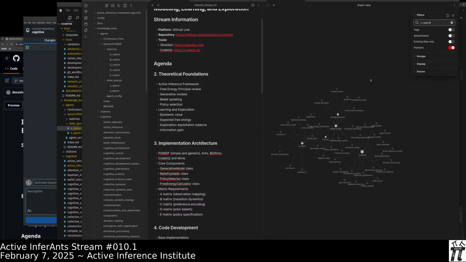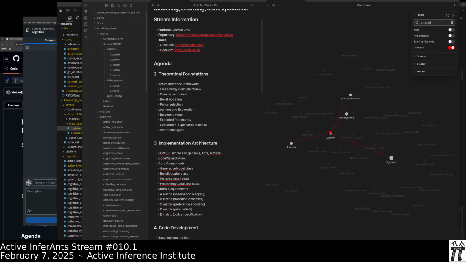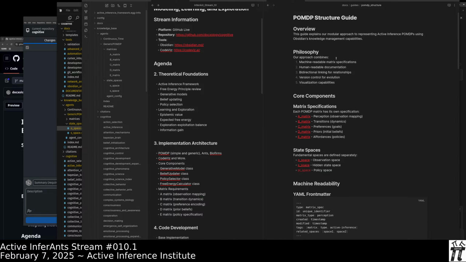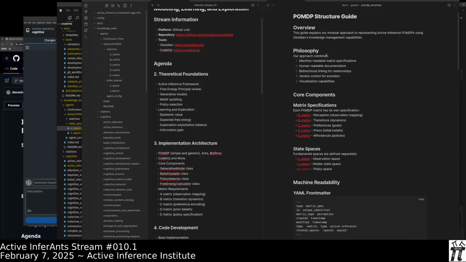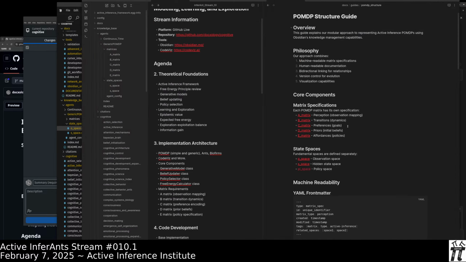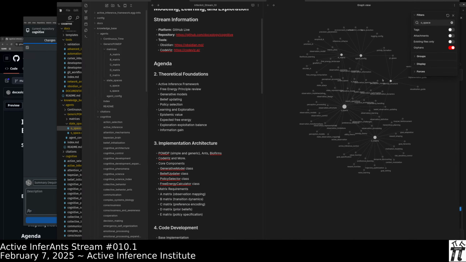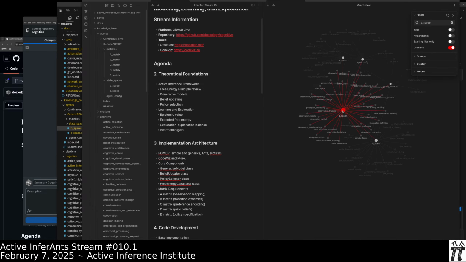Okay. So now we're looking at this graphical relational matrix describing the knowledge network describing a POMDP structure. Here in the POMDP structure, it's like, hey, when I say POMDP, these are the components that I mean. So O space was empty, it's still getting written, but we're going to see the graph structure change. Let's see if we can catch it live changing. Now O space has been written.